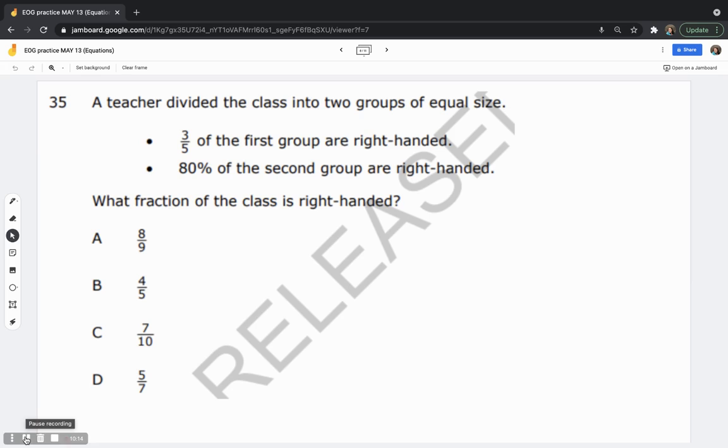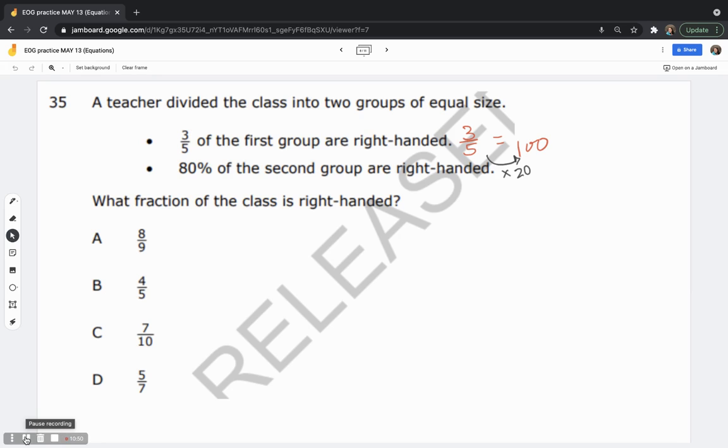So we're going to change our 3/5 into a percent. There's multiple different ways you can do this problem, but I think the easiest way is changing them into percents. So a percent is out of 100. So we're figuring out 3/5 is what out of 100. So to get from 5 to 100, I have to multiply by 20. So 3 times 20 is going to give us 60%. So that means 60% of the first group is right-handed,